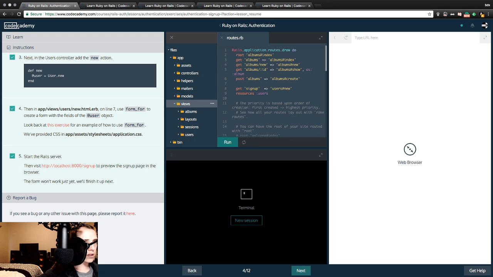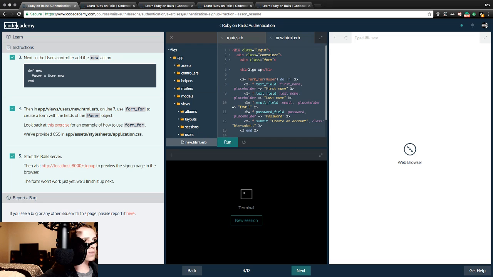app, views, users, new.html.erb on line 7, this guy. Use form_for to create a form with the fields at user object. There we go, at user. Look back at this exercise for an example of how to use form_for. We've provided CSS in app.blah stylesheets. Tons of fun. Start the Rails server, then visit localhost 8000,